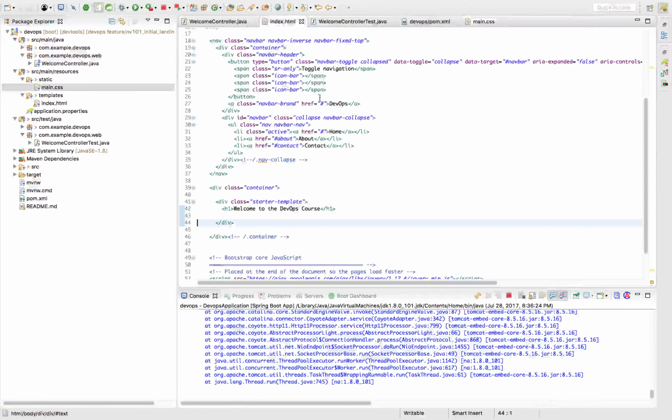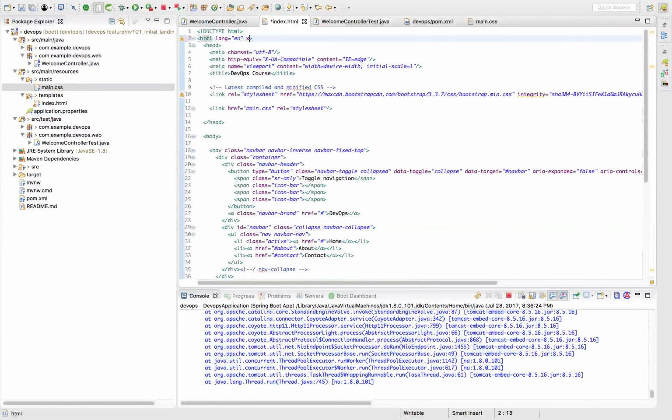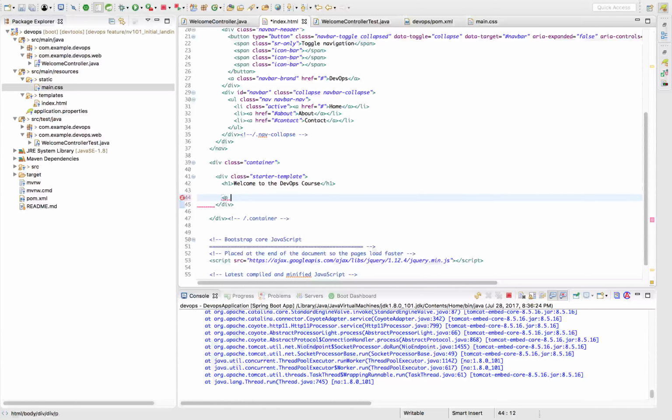So not only did we add Bootstrap, now let's go ahead and actually add the Thymeleaf so that we can show the data that is put within the model attribute. So the first thing before we do this is we need to add the XML namespace for Thymeleaf, right? So XML namespace, so http://www.thymeleaf.org, right? And then the next thing I want to do is add the element that we are going to get out of the model. So Thymeleaf tag, it's a text element, and we're going to put it within the quotes. Make sure you close the quotes,